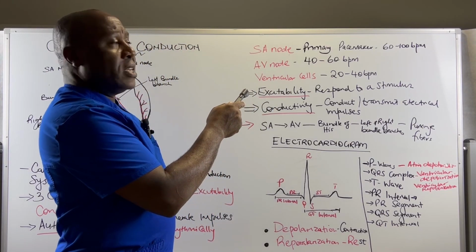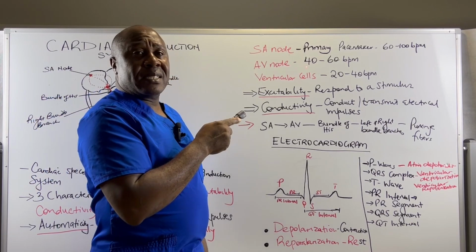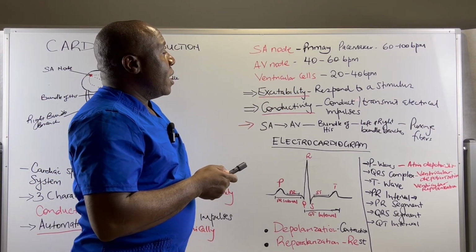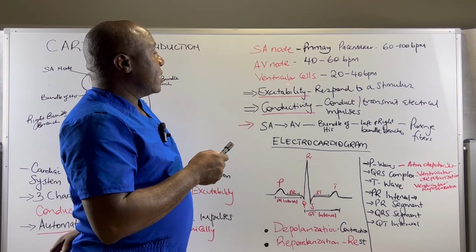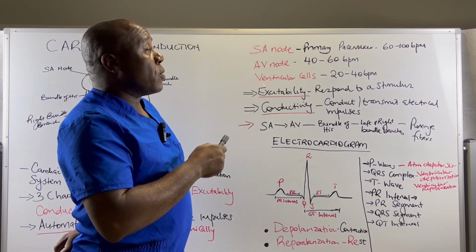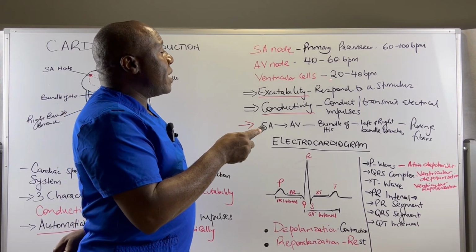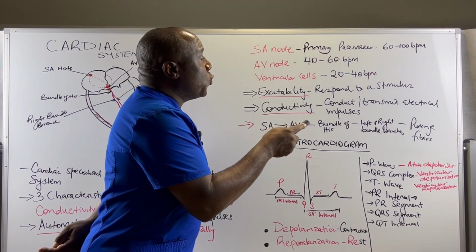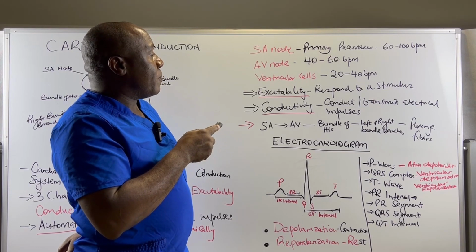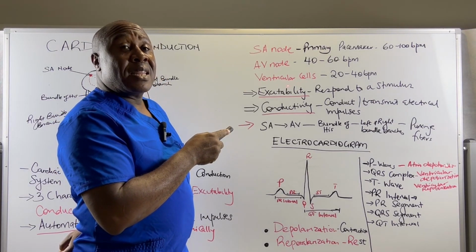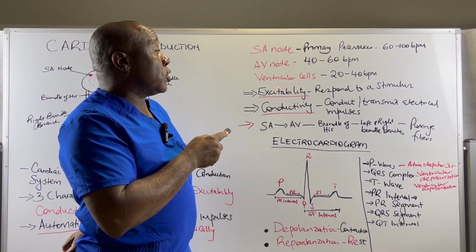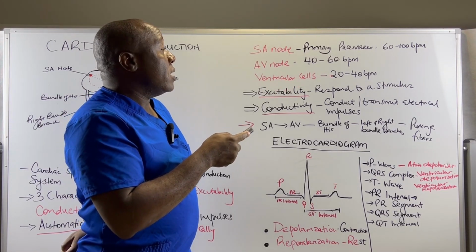The AV node generates electrical impulses at the rate of 40 to 60 beats per minute. And in other cases, ventricular cells can also act as pacemaker cells. When they do that, they generate impulses at the rate of 20 to 40 beats per minute. Now, a situation whereby ventricular cells are the ones acting as pacemaker cells is not a very good situation for this particular patient, because these